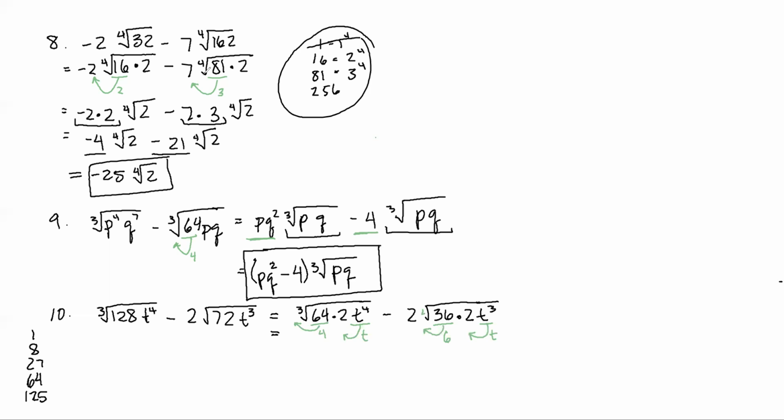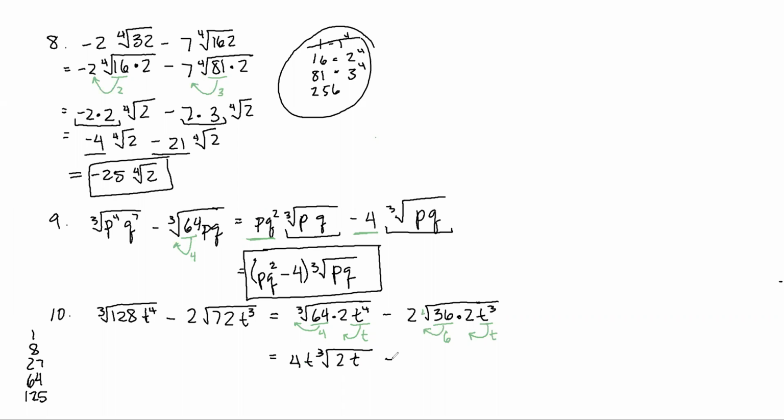And now let's go ahead and move this guy down. So in this first one, we're taking out a 4 and a t, and now let's see what's left on the inside. We're left with a 2, and our remainder when we did 3 into 4 was 1. So we're left with a t